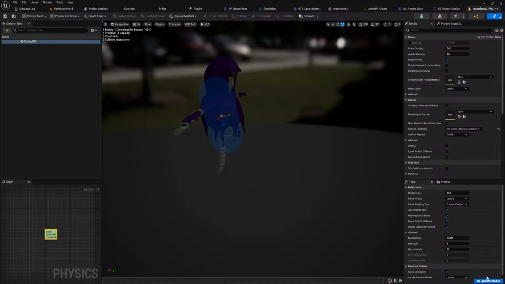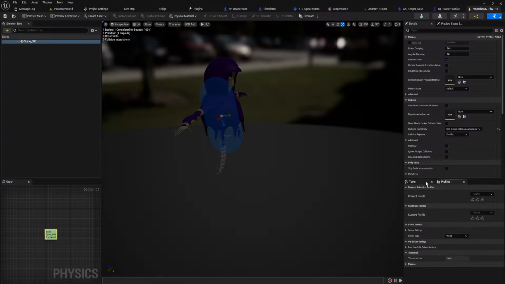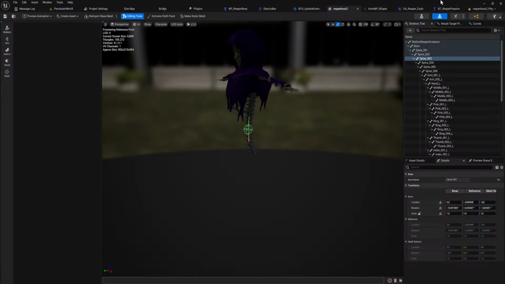Let's actually try that. Maybe that'll do something a little bit more. Nope. That does not do what I thought it was going to do. I don't think this is going to work very well. I'm just going to be real with you. But let's try it anyway.